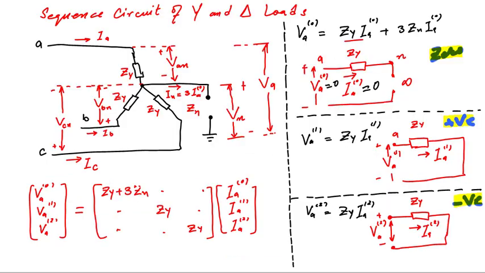Now before moving to the next component of the power system, I want to mention another thing. Look at these two circuits, positive sequence and negative sequence. These are exactly similar to each other. There is no difference at all, whether the neutral is connected or not, whether we have an impedance over there or it is directly connected. Positive and negative will remain the same, and the positive sequence impedance is equal to the phase impedance of that Y connected load. And in the case of zero sequence, the impedance will be equal to the phase impedance plus 3 times the impedance connected between neutral and ground.